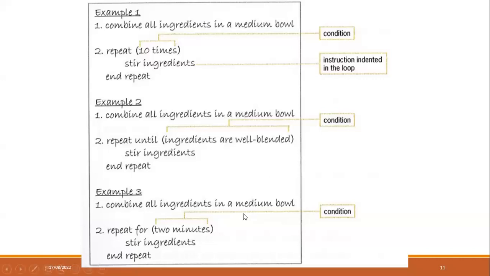I will open an assignment. You have to write it in a Word document, right? You are familiar with Word? Yes, ma'am. So in the Word document, put task 1 first. Then you have to write the sequence structure for making milk rice. Okay. Second, for the selection, you have to make